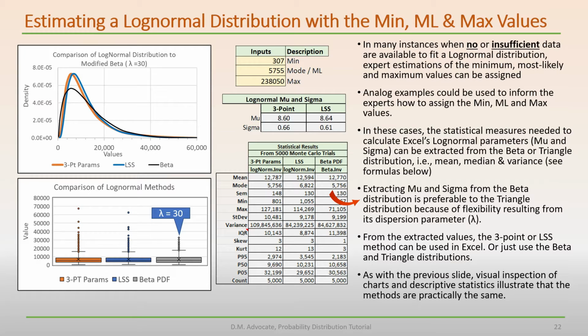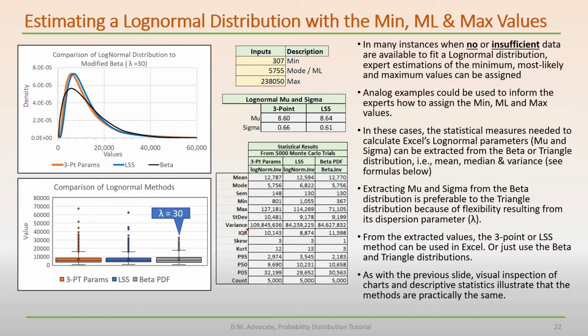I found the beta distribution preferable to the triangle distribution in Excel for two reasons. One, beta's dispersion can be modified using lambda, and two, Excel conveniently has a built-in beta function. Alternatively, a triangle or beta distribution alone may be suitable for your analysis and can be used directly without calculating